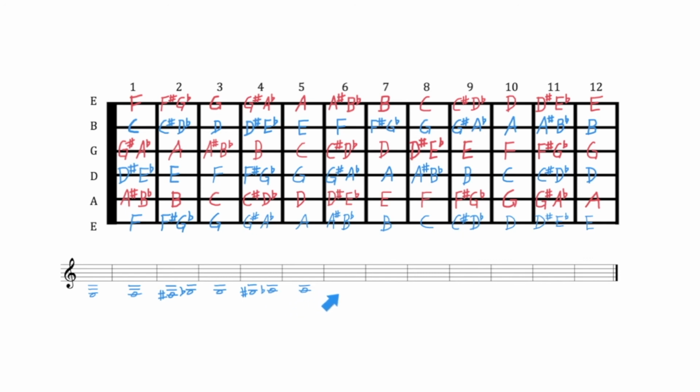A sharp is 2 ledger lines down as well, and B flat is 1 ledger line down and below the line. We keep that same space for the B, and then C takes us to 1 ledger line down. C sharp stays on the same ledger line, and D flat is below the bottom line. D stays below the bottom line, and that takes us to E flat on the bottom line, and finally ending with E on the bottom line.